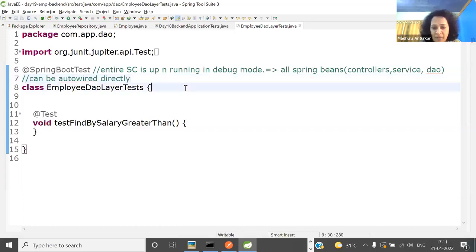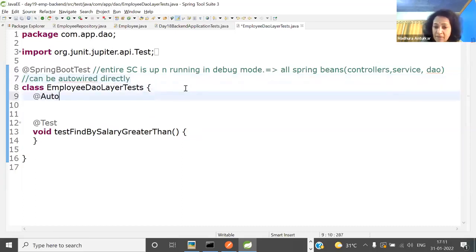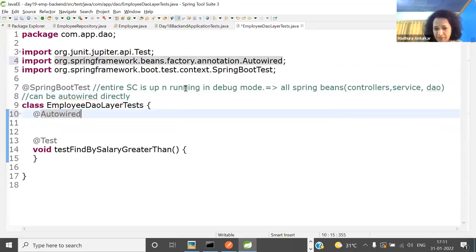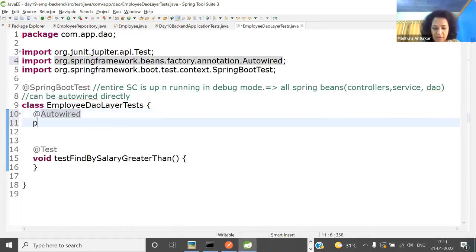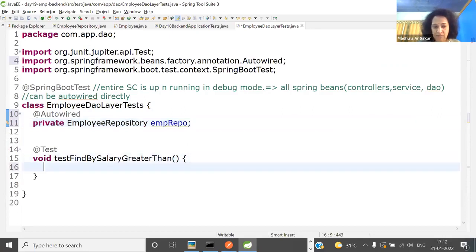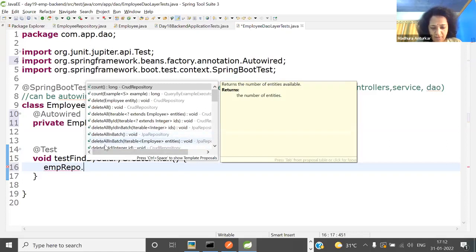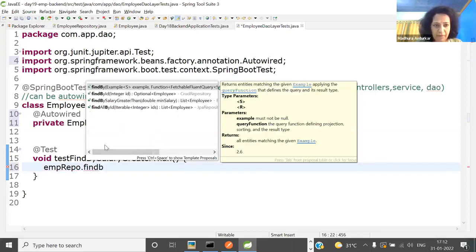So here, simply like you were doing autowiring in our earlier cases, here you just do the autowiring. So @Autowired, and here what we are testing is that employee repository method. So private EmployeeRepo employeeRepo, and here all we are going to do is test it. So we are testing employeeRepo dot, which is the method under test, find by